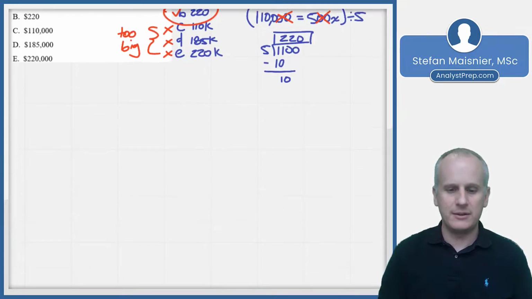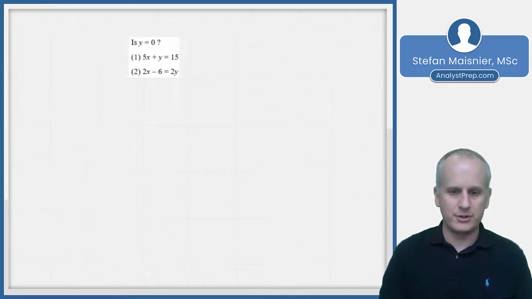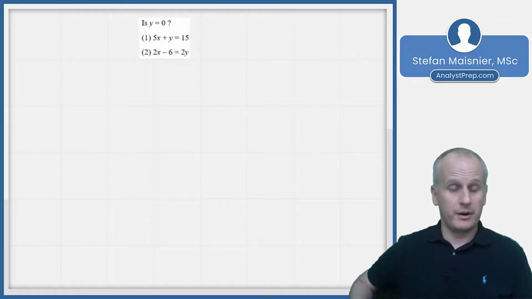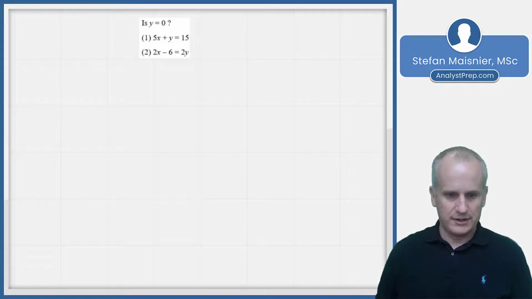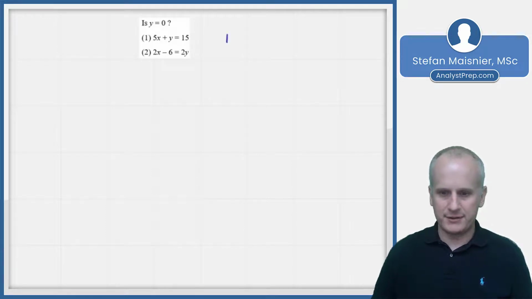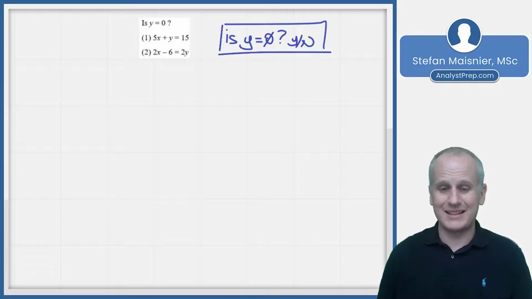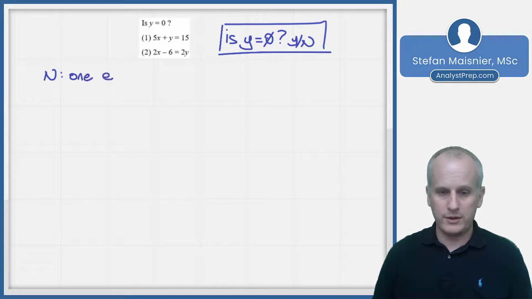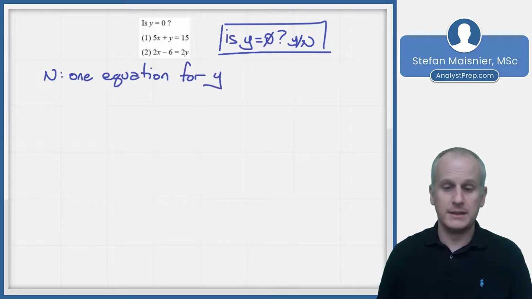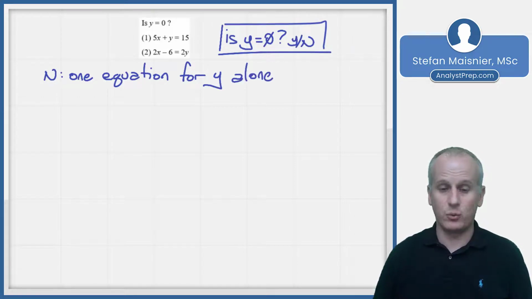equations. So now let's go ahead and take a look at how a system of equations might be used for a data sufficiency. So same general setup as always. This time we're being asked for a specific yes-no answer. Is y equal to 0? And we'll just put y/n, since it's a yes-no format, box that off as what we're being asked to solve for. And what we know we need is one equation for y alone,